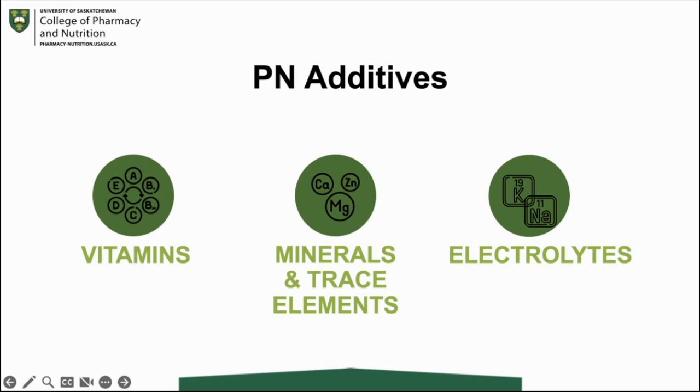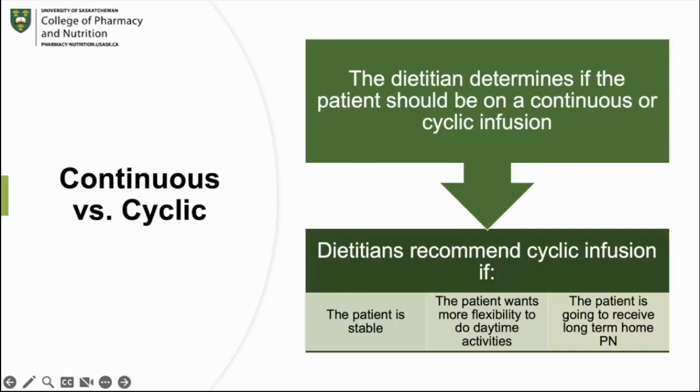It is important to note that when a patient is acutely ill and not stabilized and has low electrolytes, these should always be corrected through separate IV supplementation and not via parenteral nutrition, as a parenteral nutrition solution is hung over a 24-hour period, and correcting electrolytes through PN can put a patient at risk of getting excessive and unsafe amounts and being overcorrected. Lastly, a dietitian will determine if the patient should be on a continuous or cyclic infusion